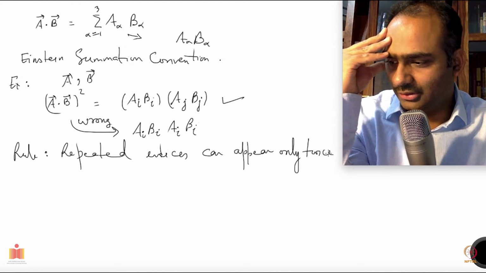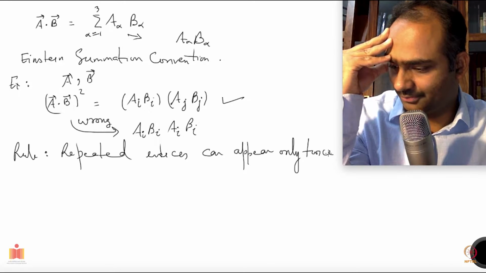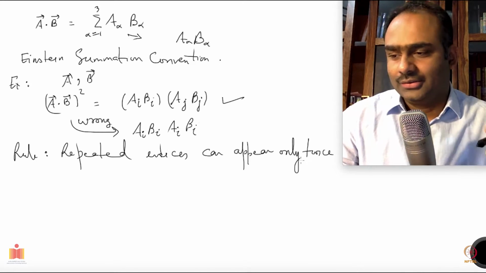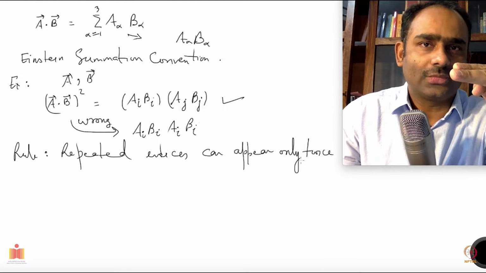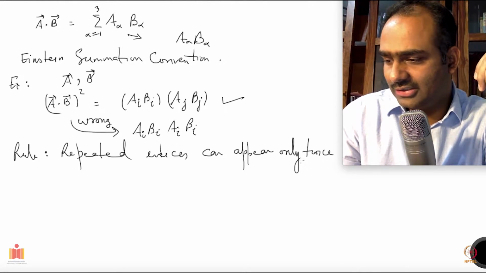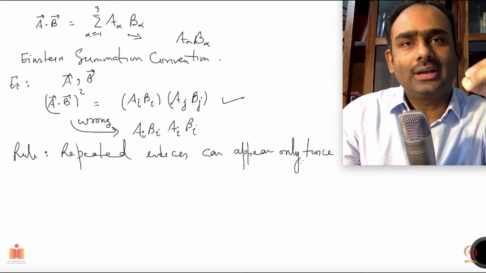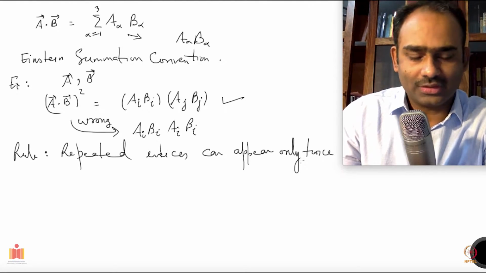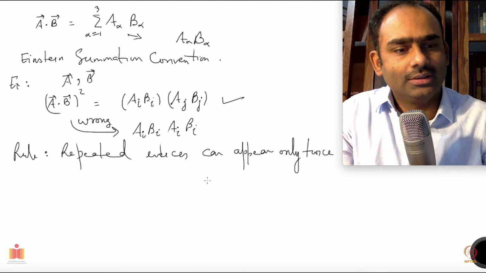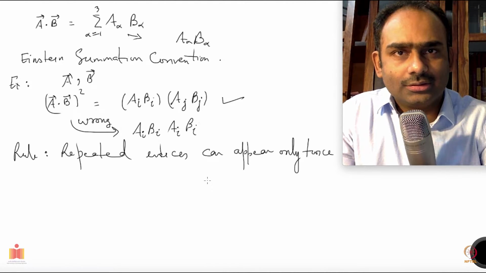So henceforth I will never write a summation symbol. Good. So I'll use Einstein summation convention. I'll also use Euler's theorem for homogeneous functions and use them to look at our kinetic term which we had in the Lagrangian. That's what we'll do. So let's go to maybe next page.